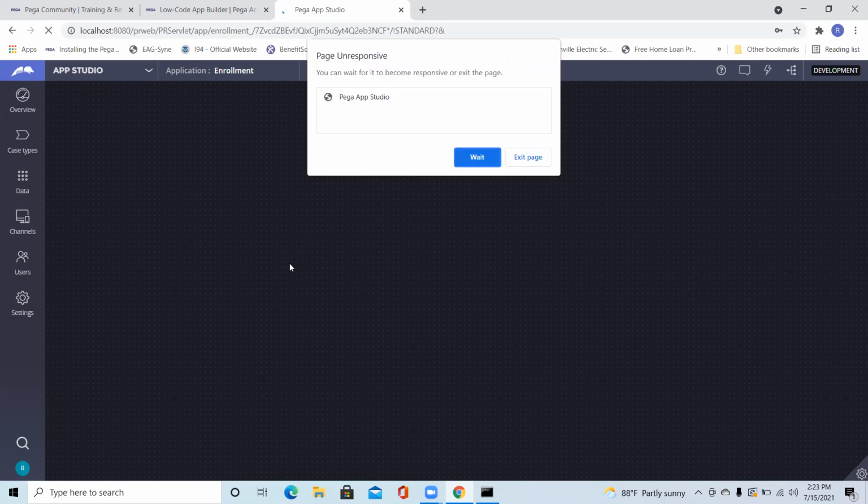So if there is an App Studio, let it open completely. In the low code, no code module, we are going to study only the App Studio. So we will not focus on the Dev Studio or the Admin Studio.